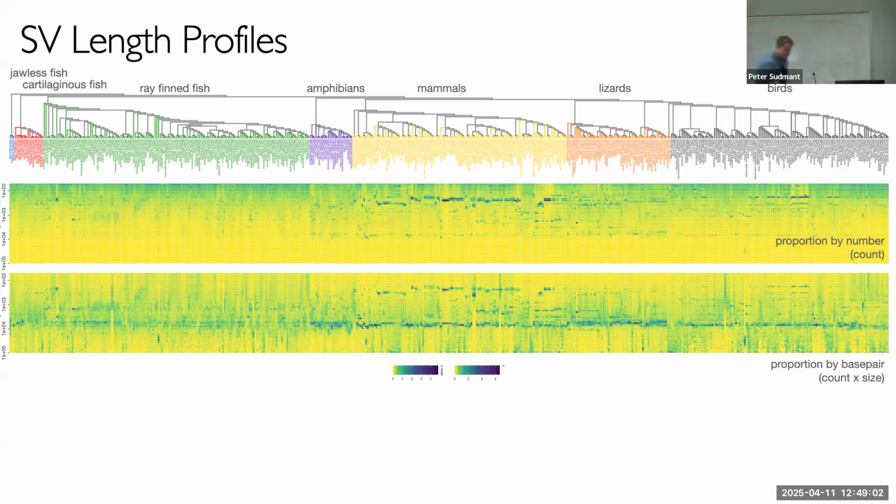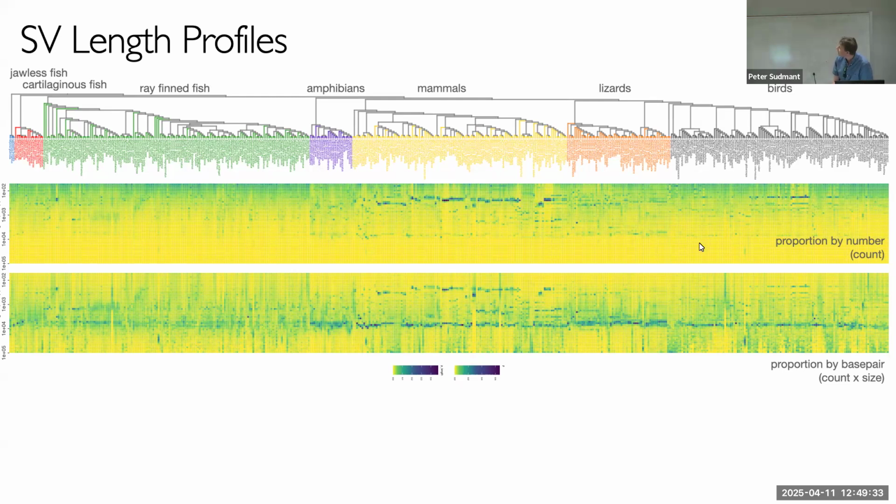And what you start to see here is signatures popping out. For instance, I don't know why it got cut off on the side here, but there's an axis here, and this axis, right here, is Alus. Alu elements are super active in mammals, but they don't exist in other clades. And here's another SINE-like element that's super active in birds.